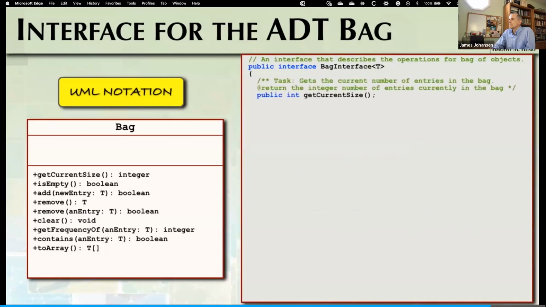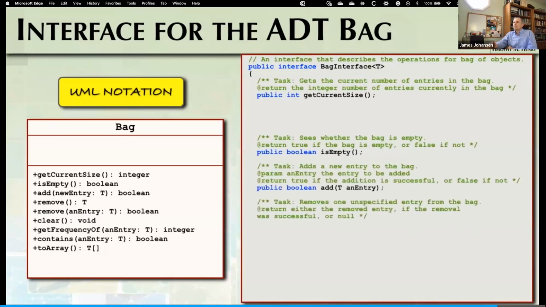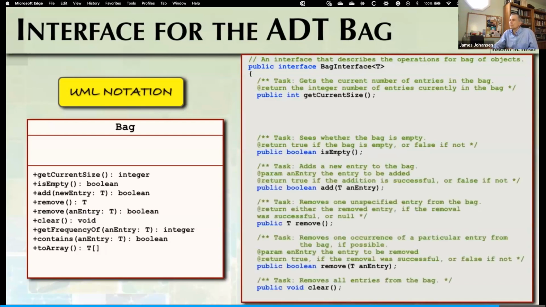Our methods to check the status of the bag are independent of the type of items stored in the bag. The add and remove methods use the generic type T for the entry to add or remove from the bag. Since we're not worried about implementation details yet, how these items are stored and removed is not important to us.